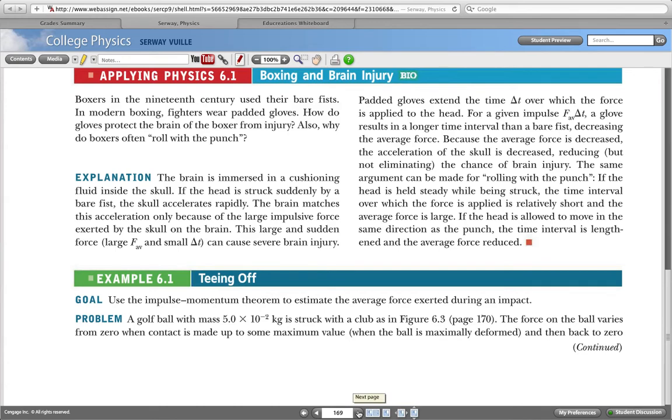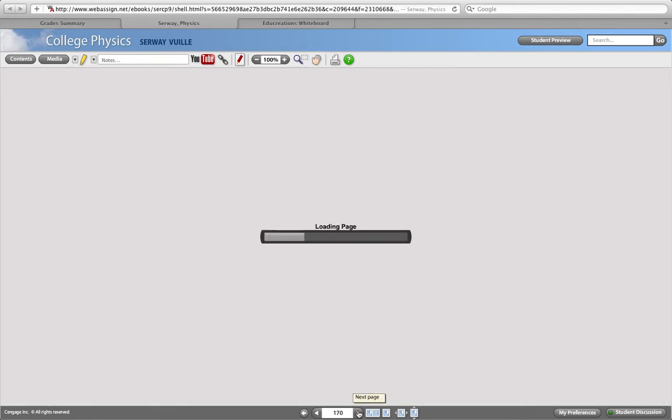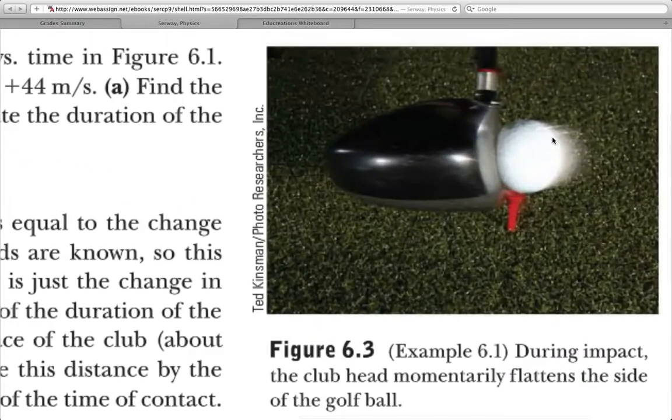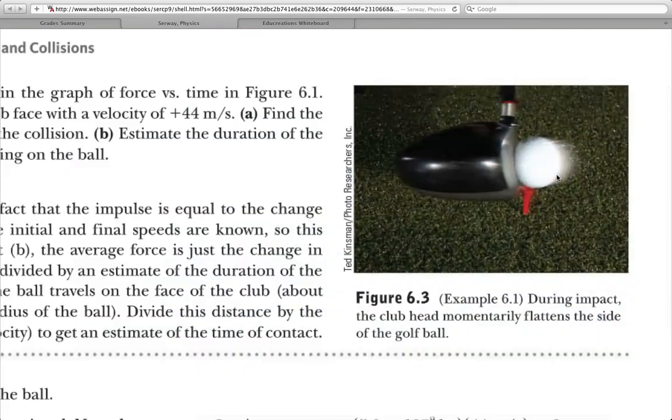Kind of wobbles around a little bit. And that deforming and reforming of the ball is what causes the time of the club on the ball. It's not a long time, but it is time. And in this picture, you can actually see the deformation of the ball. You can see that it's flat on one end, and actually it flattens out on the front end slightly as well. Not as much, but